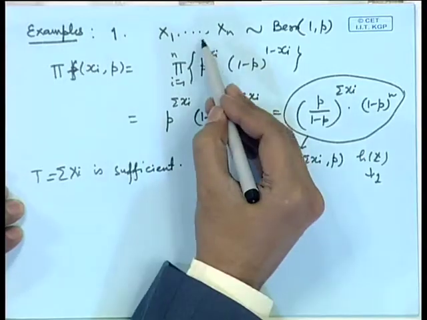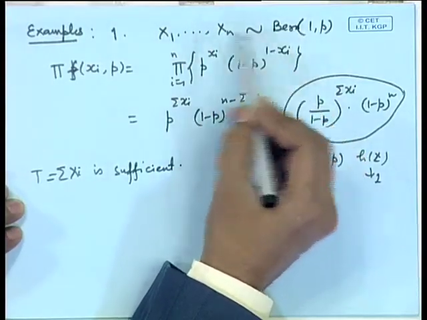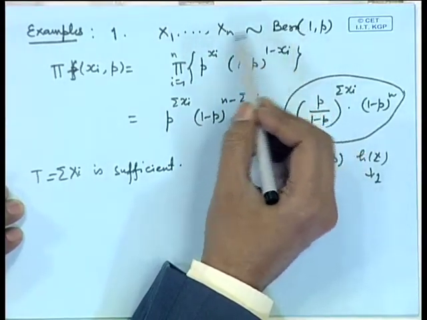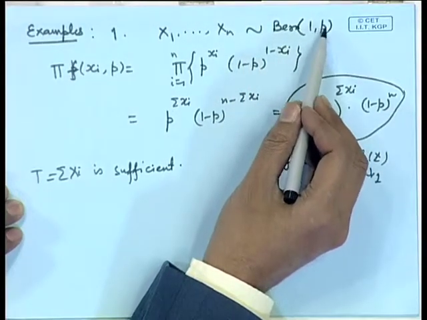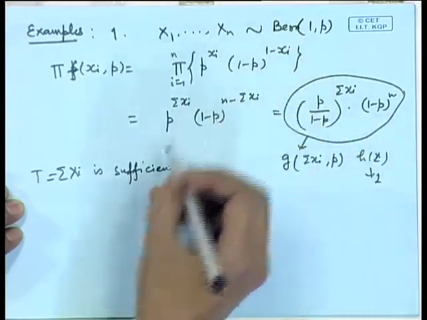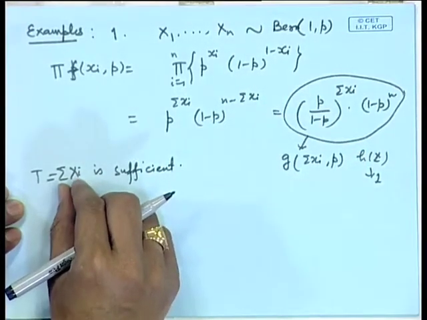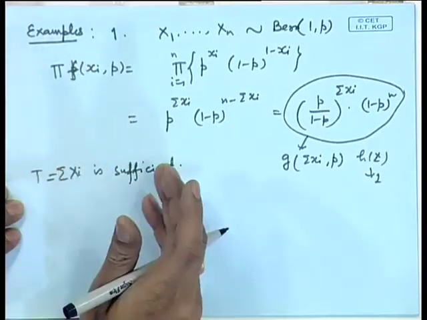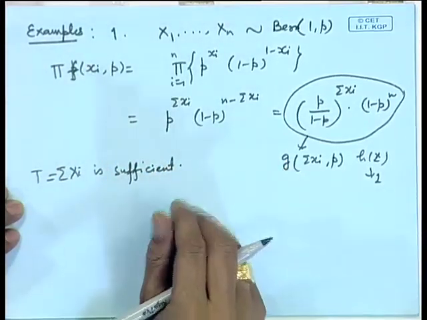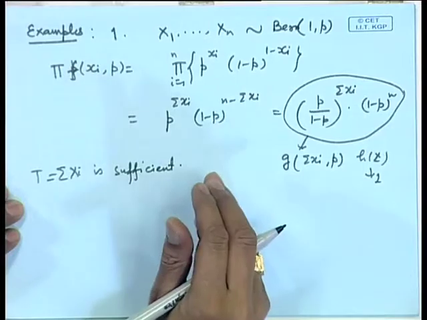Let us look at the practical aspect of it. If we have conducted n Bernoulli trials, we may be interested and want to draw certain inference on the proportion of the success. Then you can see that sigma xi is actually the number of successes here. So, that gives the full information about p. We do not have to keep track of individual xi's.